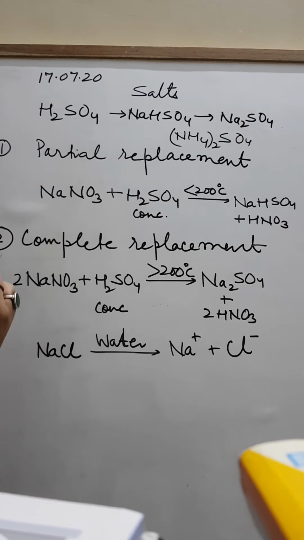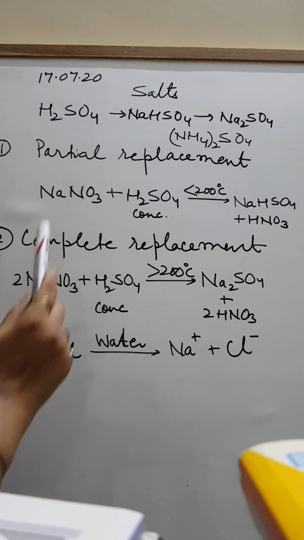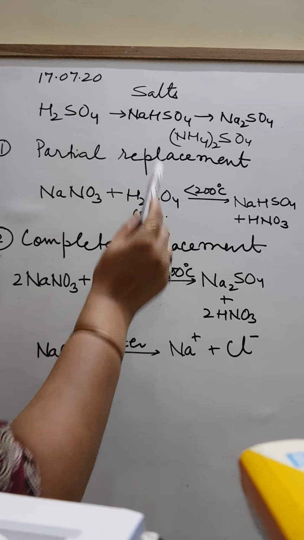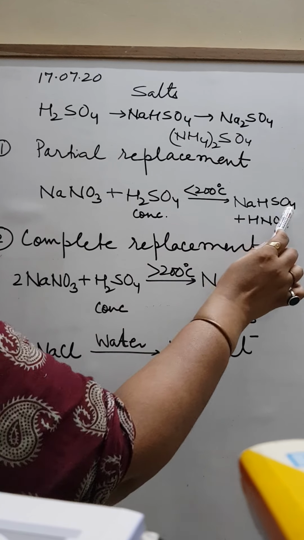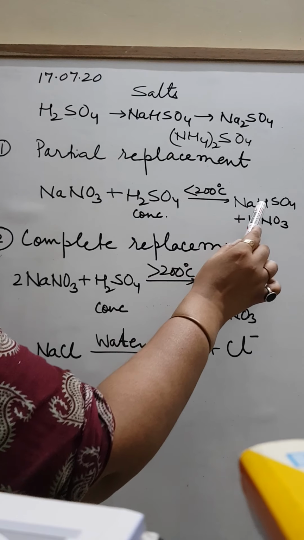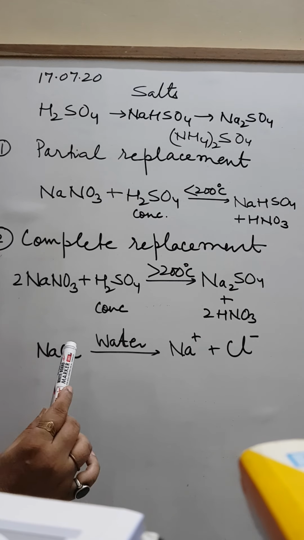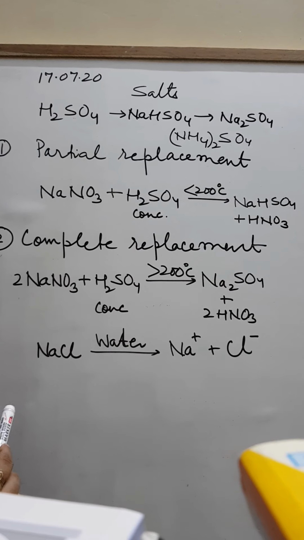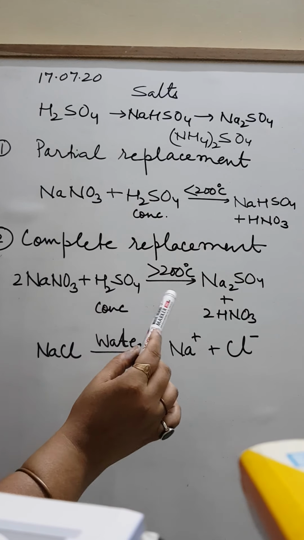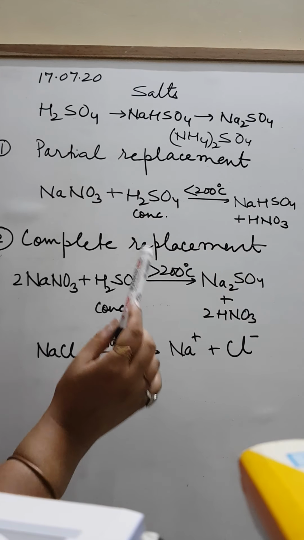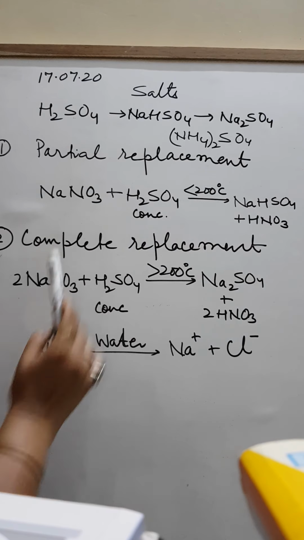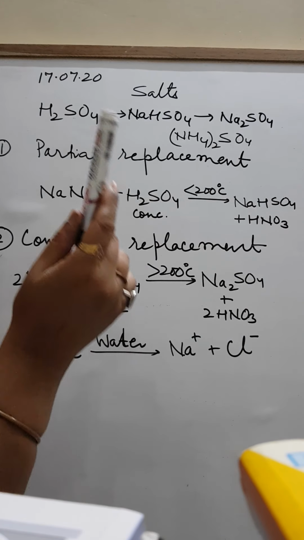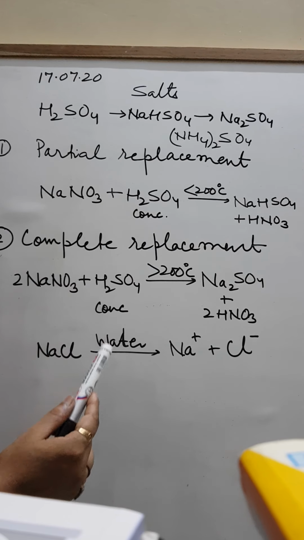And if you try to recollect, children, this reaction was in the chapter nitric acid. It's a reaction for the preparation of nitric acid. So you see, if we take sulfuric acid concentrated, react with NaNO3, we get NaHSO4 plus HNO3. Still we have one replaceable H here. So this is your incomplete or partial replacement of ionizable hydrogen by a metal atom, like here it is Na. And children, the condition to be maintained here, definitely it was below 200 degrees Celsius. Even we have the reason also there, that why do we maintain temperature below 200